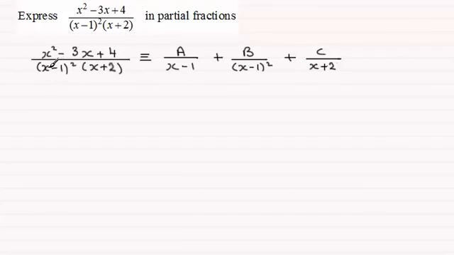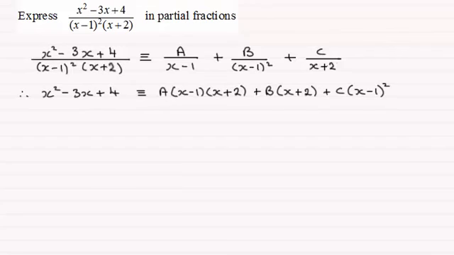Now, the next step is always to multiply through by the denominator. And to save time, I've given you the result here. And then we need to try and make some of these brackets 0 so that we can work out a, b and c. And to do that we make, say, this bracket here, x minus 1, 0 by choosing x